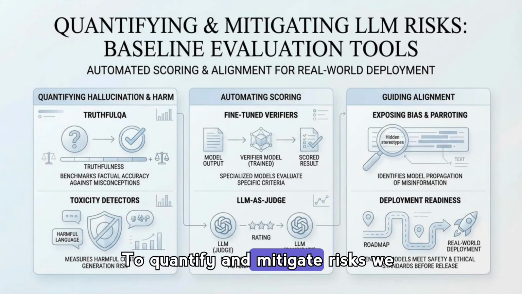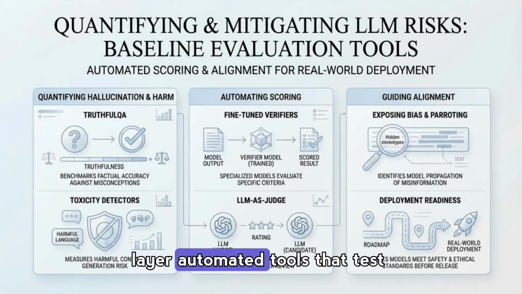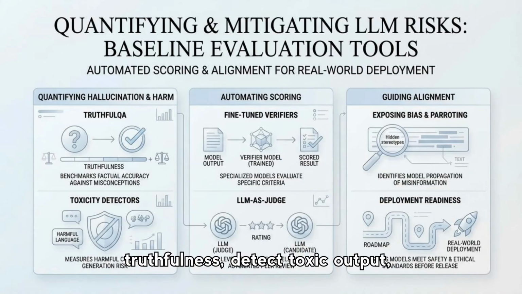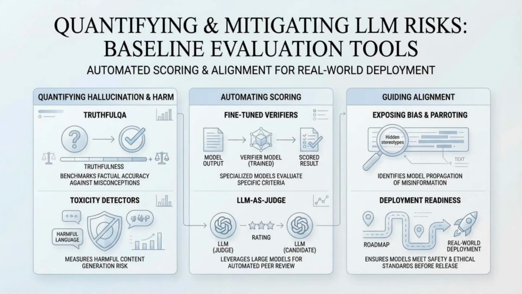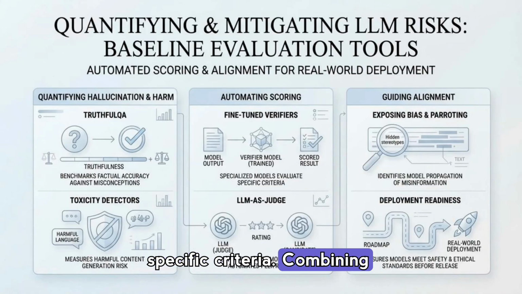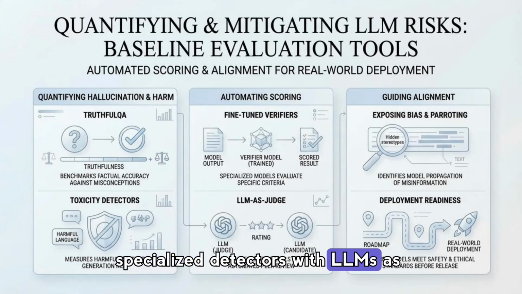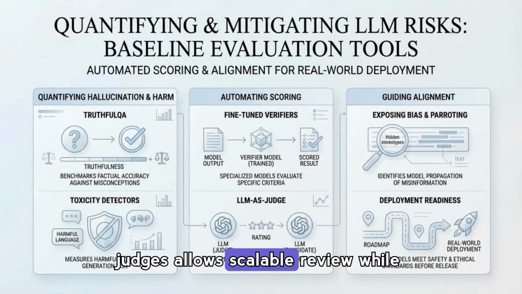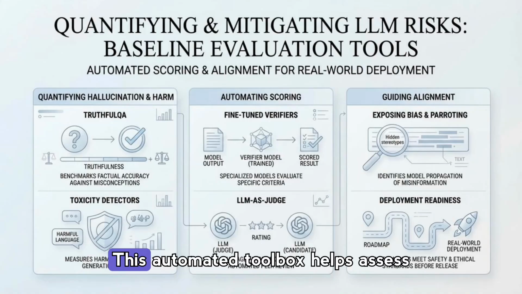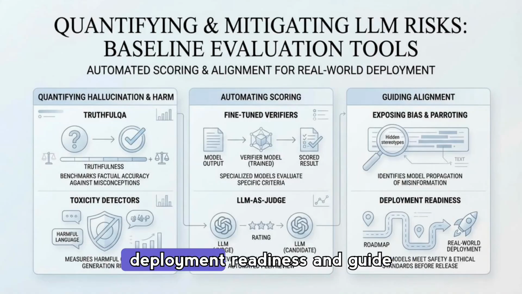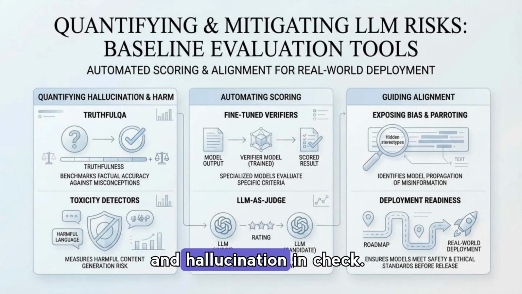To quantify and mitigate risks, we layer automated tools that test truthfulness, detect toxic output, and provide fine-tuned verifiers for specific criteria. Combining specialized detectors with LLMs as judges allows scalable review while exposing bias and misinformation. This automated toolbox helps assess deployment readiness and guides safety improvements before real-world release, keeping user harm and hallucination in